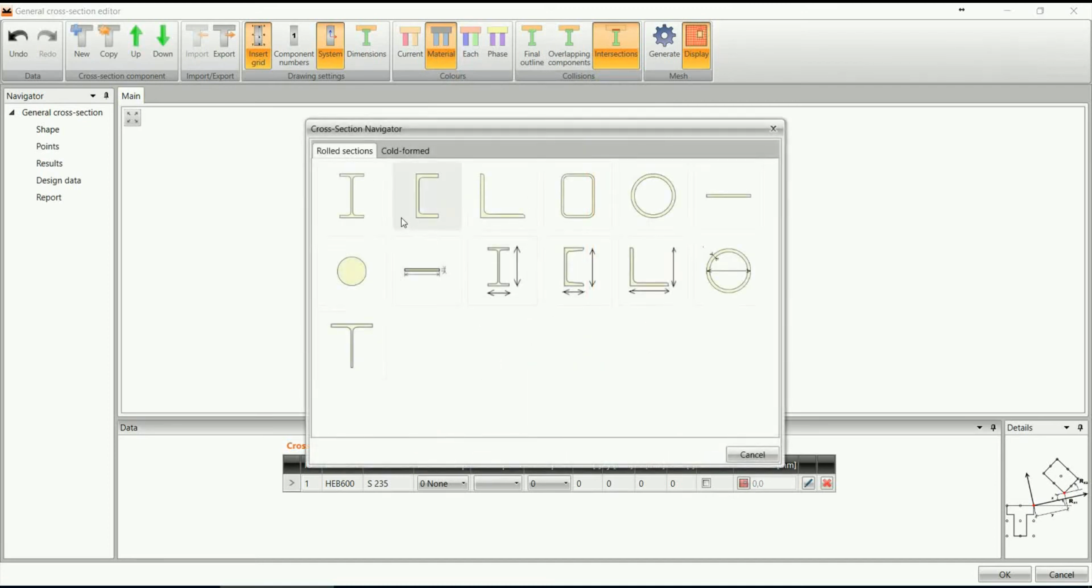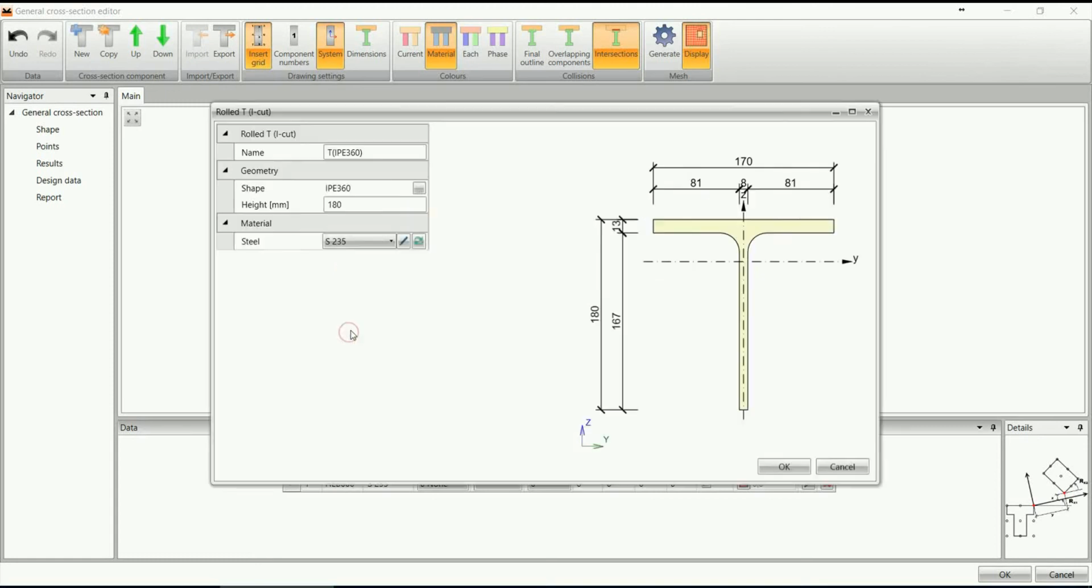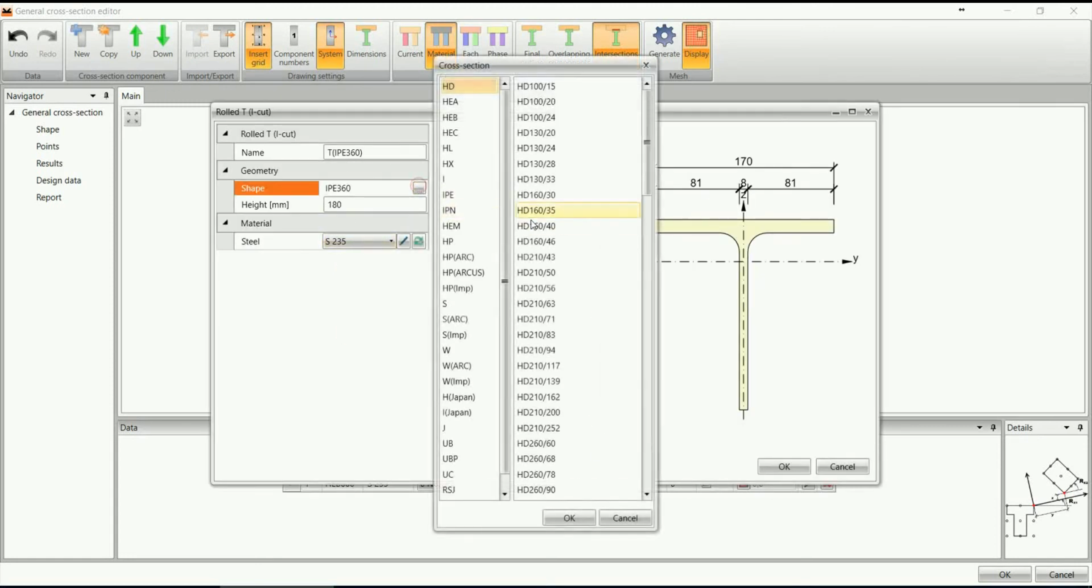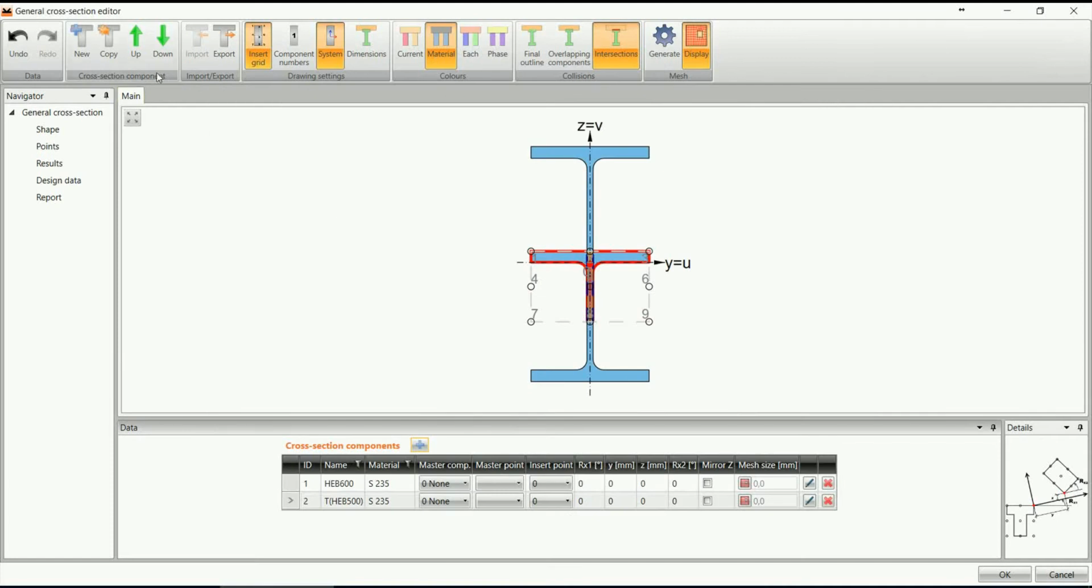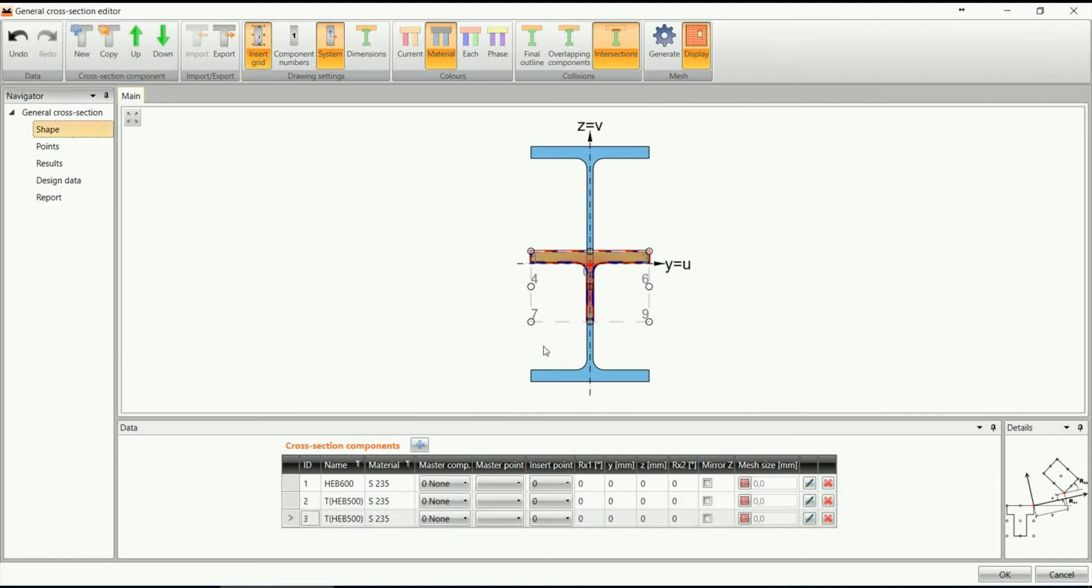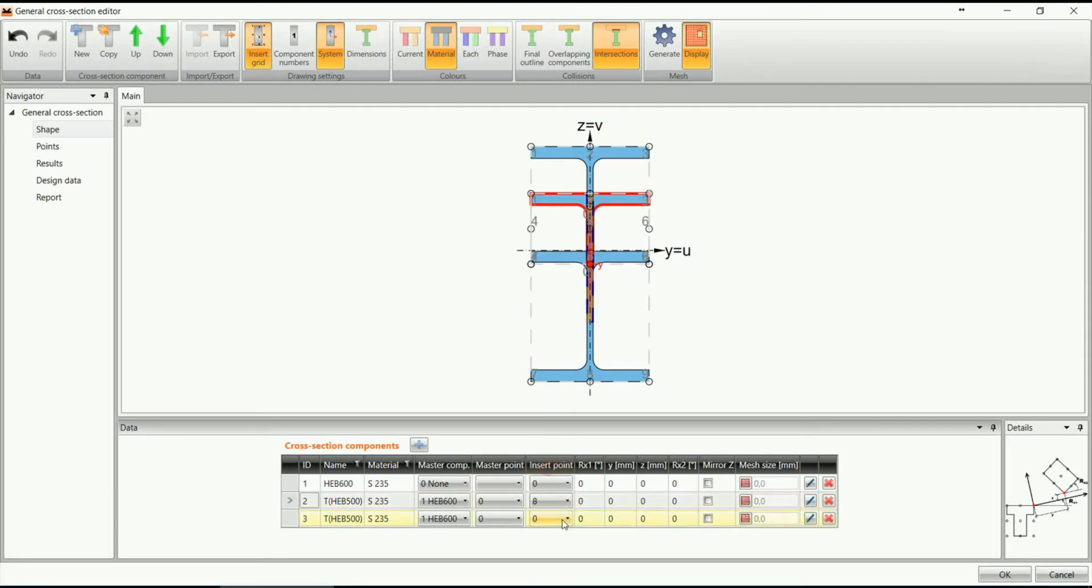We make an additional copy of this T section. We can continue adding more shapes from the library to create the desired cross-section. Or we can also import any shape from a CAD drawing. For both the T sections, we set the master component number to 1 HEB 600 and insert points to 8. We also input the rotation angles of 90 and -90 degrees and the distance from Z-axis as 7.75 for both